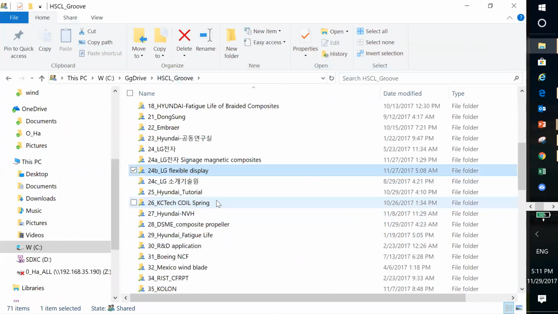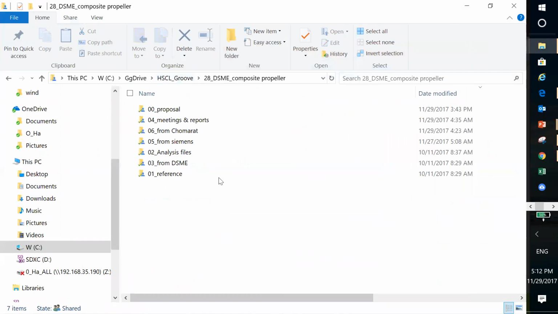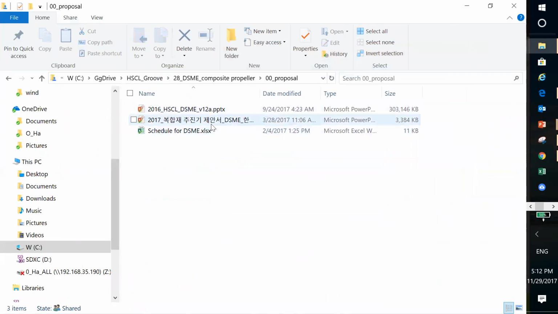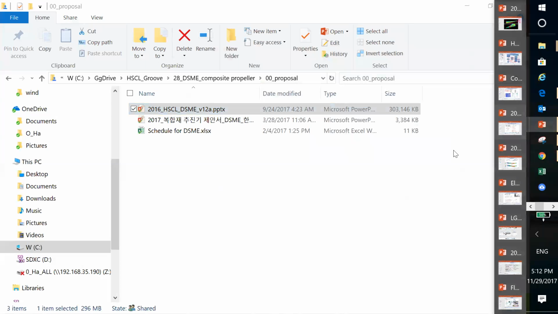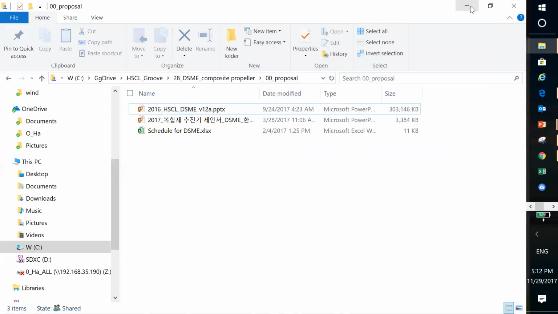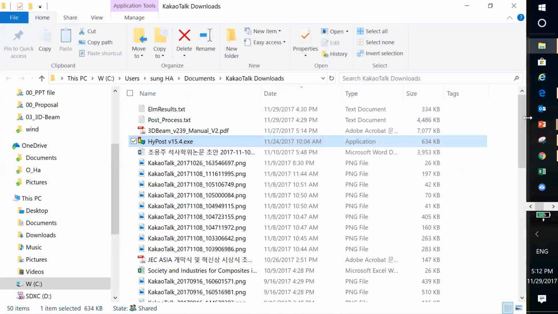Okay, there is another one. The propeller at the back of a submarine. The key part of the submarine is the propeller, and it has to be very strong and very light. And so they are using